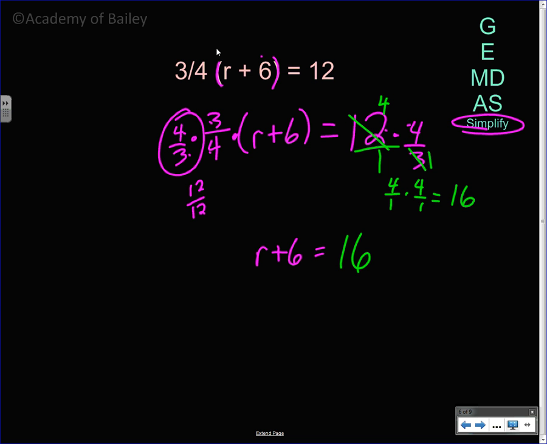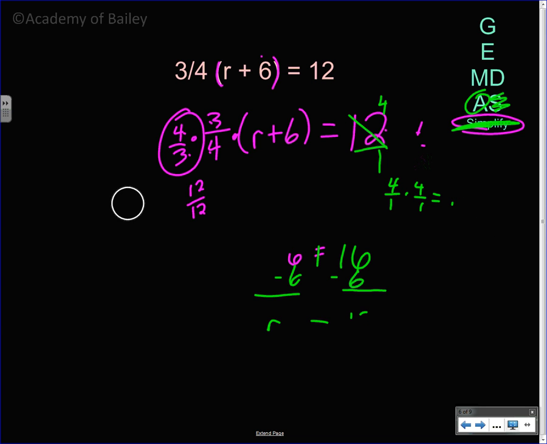That was the one method to do it, and then of course simplifying's done. You need to get rid of the addition, but there is no subtraction, so once you subtract 6 from both sides of the equal sign, r is equal to 16 minus 6, which is 10. That's one method of doing it. The other method I showed you,